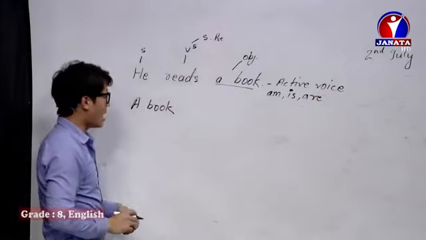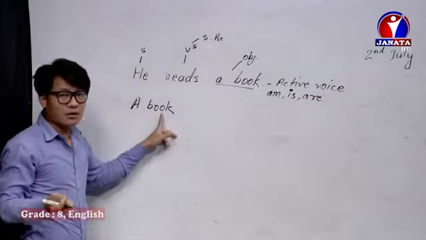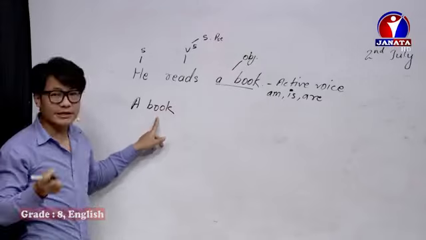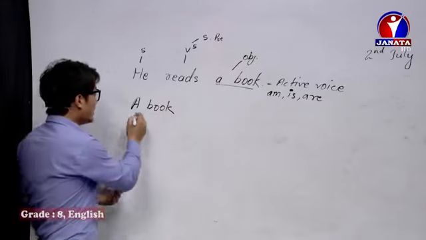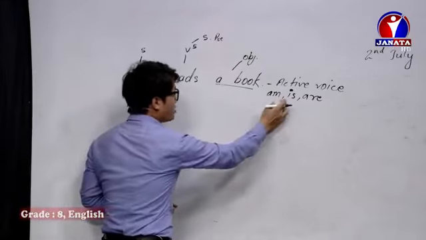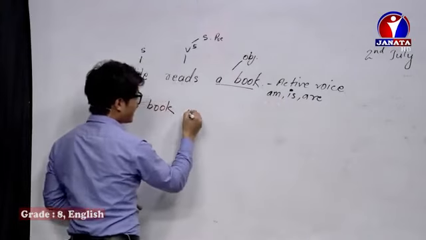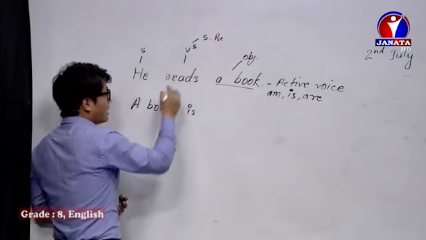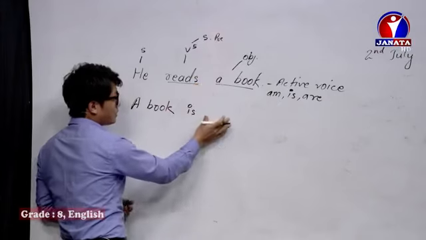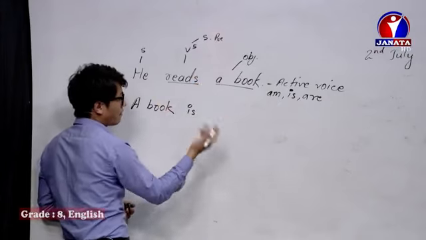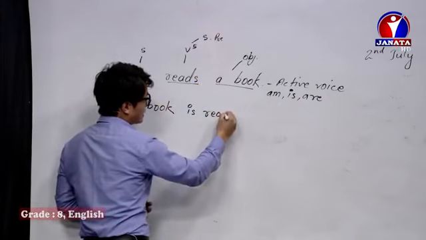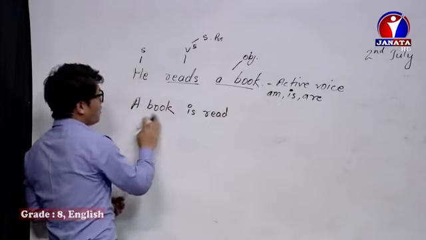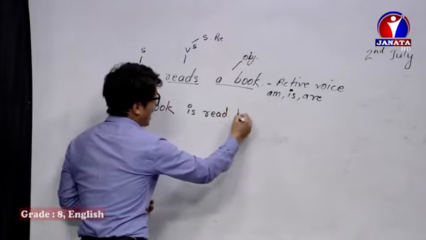A book is singular. So singular takes am, is, or are. Obviously it takes is. Now this reads, the verb should be written here changing into verb 3. So what is verb 3? Read. A book is read by